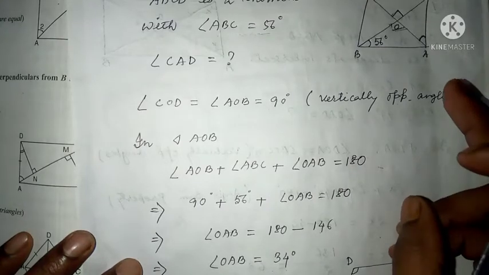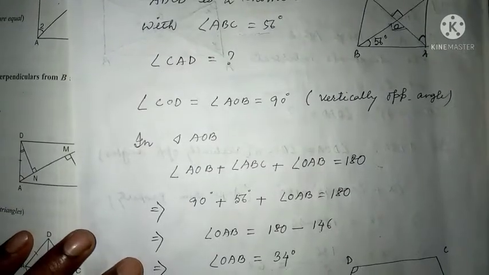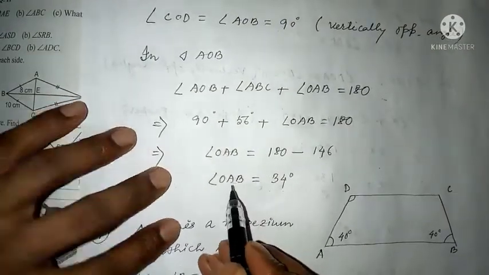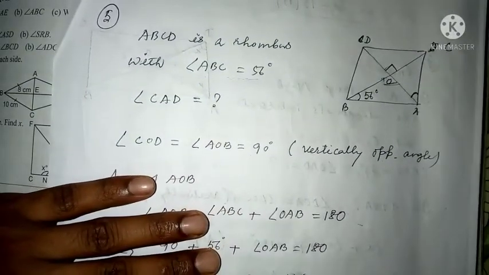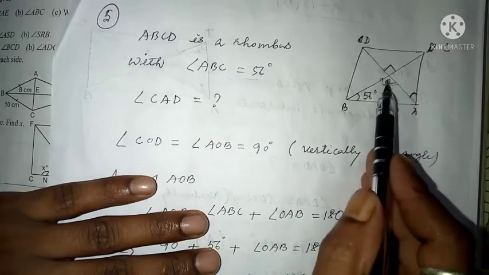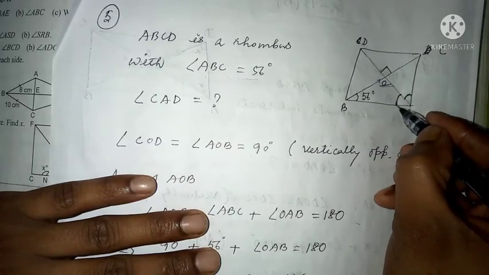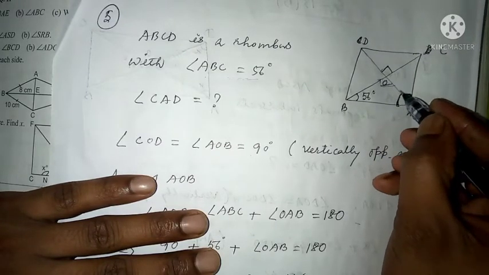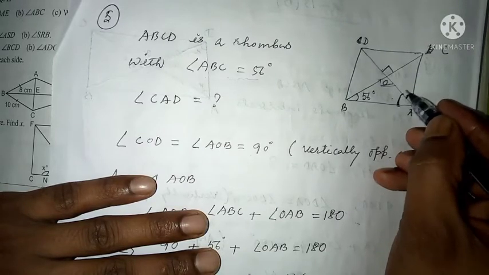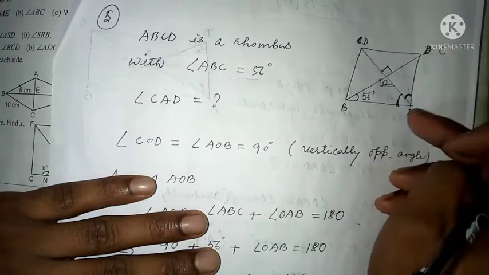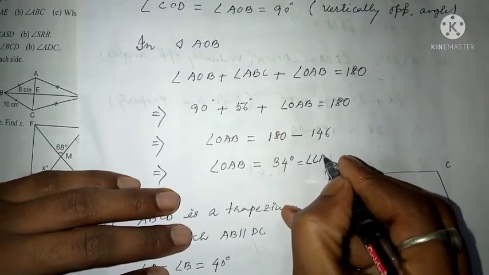Now OAB is how much? That is 34. We have got OAB equal to 34 degrees. Then as I have said, in your rhombus this diagonal bisects the co-interior angle. Bisect means equally divide. That means if this angle is 34, this must be 34, then only will AC be the bisector. Bisect means equally divide. If this is 34, this must be 34. So what can I write now? CAD is also equal to 34 degrees, I can write angle CAD.